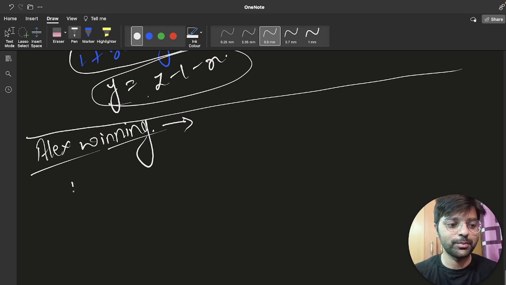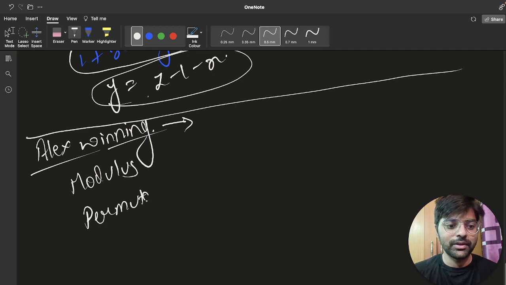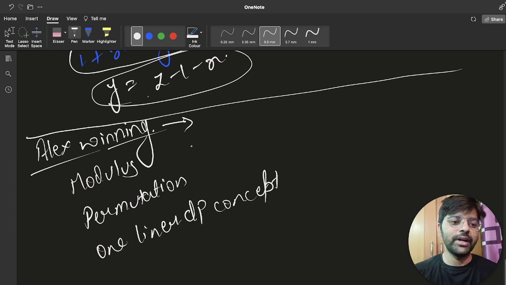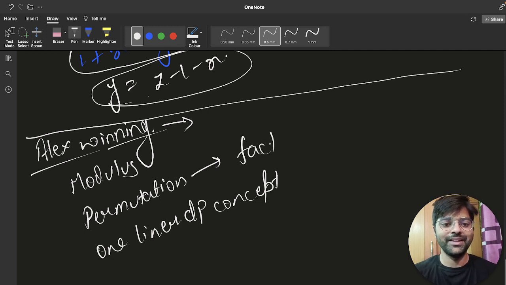It involves the modulus operation, permutation, a one-liner DP concept. Permutation, because you have to find n choose n by 2, or n choose 2, whatever you have to find. For this you have to find factorial,